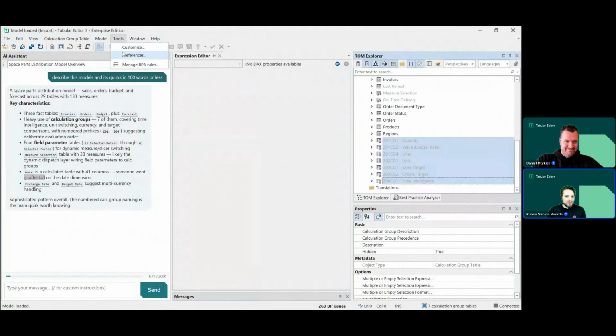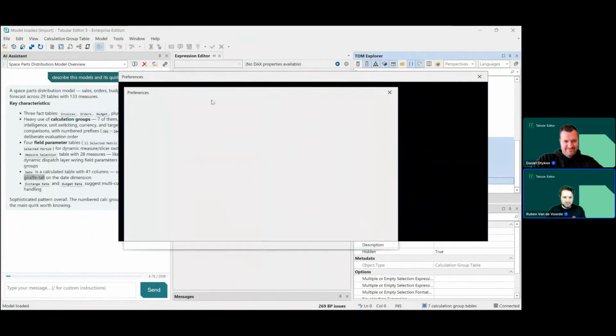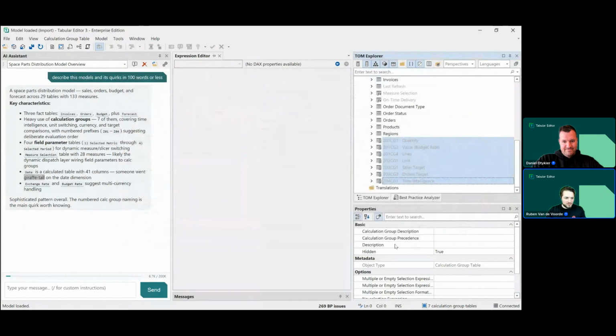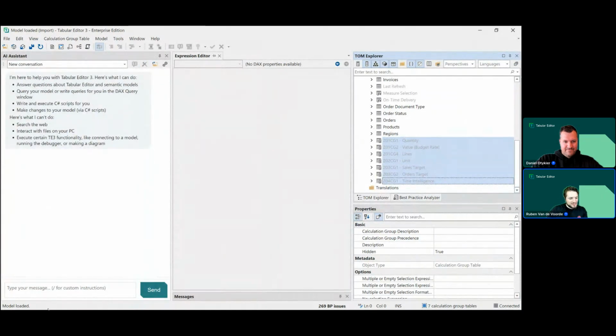If you want to reload those custom instructions, you can just go to Preferences here, go to AI Provider, and that should have reloaded the custom instructions. So we'll just see if it still mentions giraffes in the next demo,